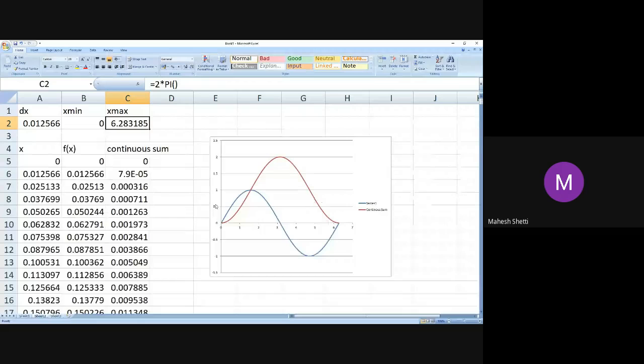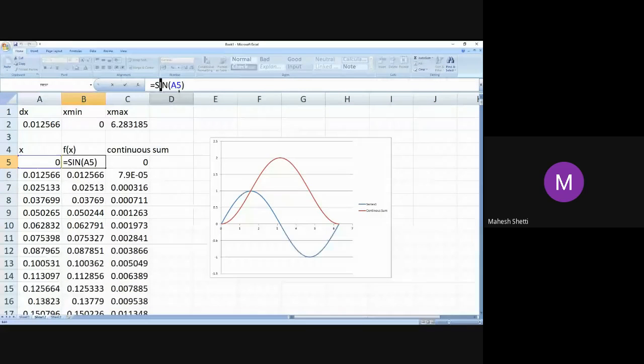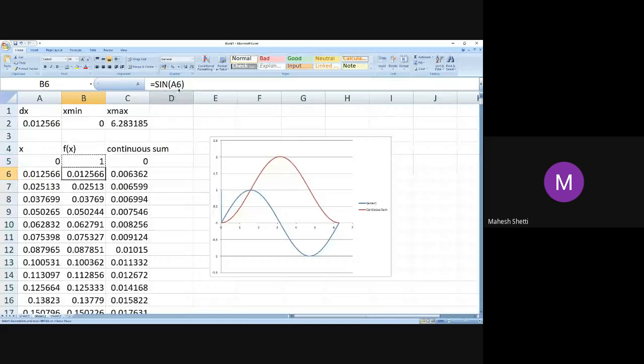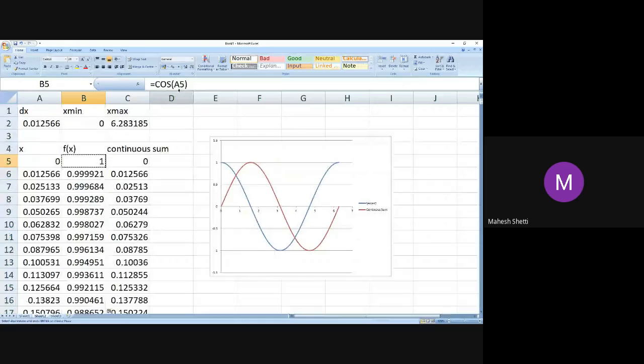So you can also use this method to see the functional nature of whatever function you are taking. The integration functional nature for sine you can clearly see as a cosine, or I may take cosine and you will see integration of cos is sine. So the cos here, and you see it is now the first function is cosine function and integration of that is sine function, and you can clearly see that.